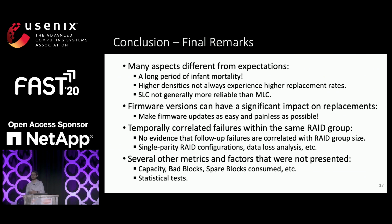Second, when it comes to lithography, we observe that higher density drives do not always experience higher replacement rates. Finally, when we compare the different flash types, we observe that SLC is not always better than eMLC. Regarding firmware versions, we showed that they have a significant impact on replacements, and our suggestion is to make firmware updates as easy and painless as possible in order for customers to be less reluctant to apply all these firmware